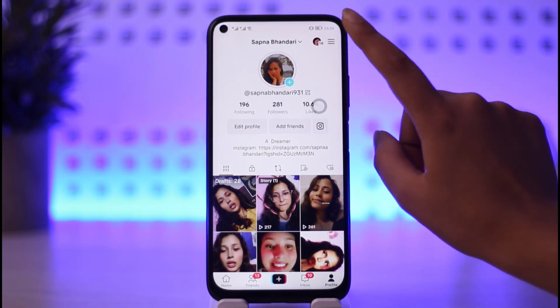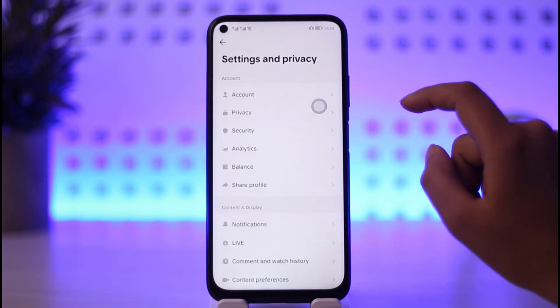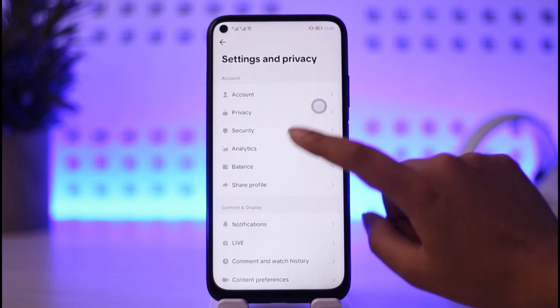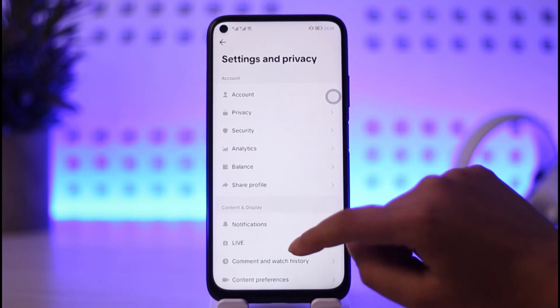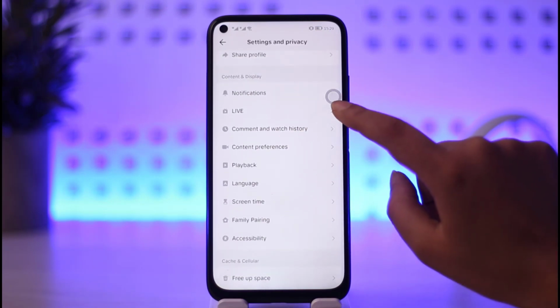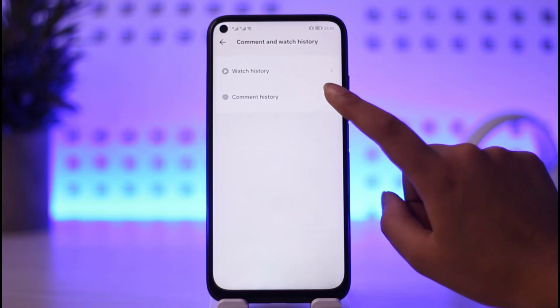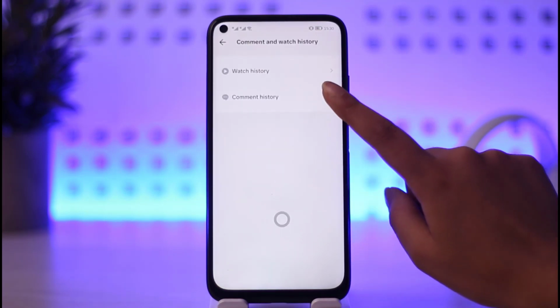Go ahead, tap on the three horizontal lines above and tap on Settings and privacy. Now simply go ahead and scroll down, find this Content display section and Comment and watch history. Go ahead, tap on that, and now you will be able to find this Comment history option. Go ahead, tap on it,